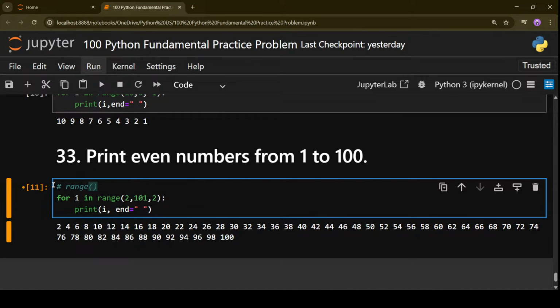See, this is the range function, and these are its parameters: start, end, and step. So this range function has three parts: start part, end part, and step part. How will you deal with that? You write a range. Let's take the same example: you have to print even numbers. So you write like this. From where do you want to start? From 2. Where do you want to go till? You want to go till 100, but